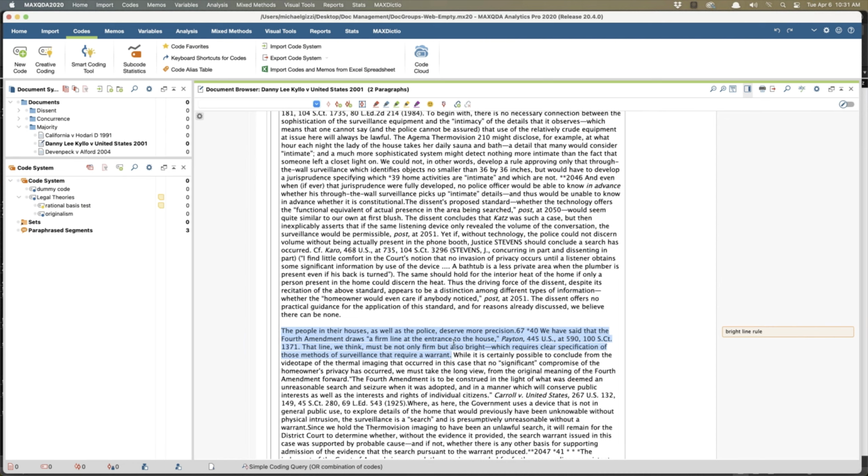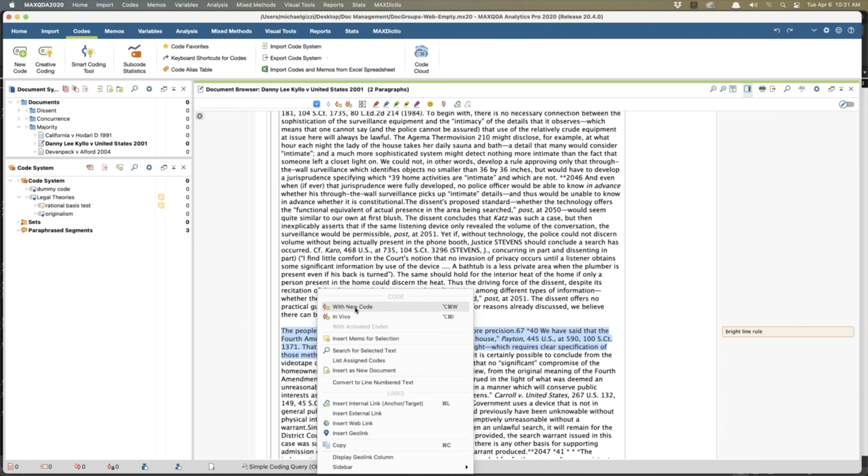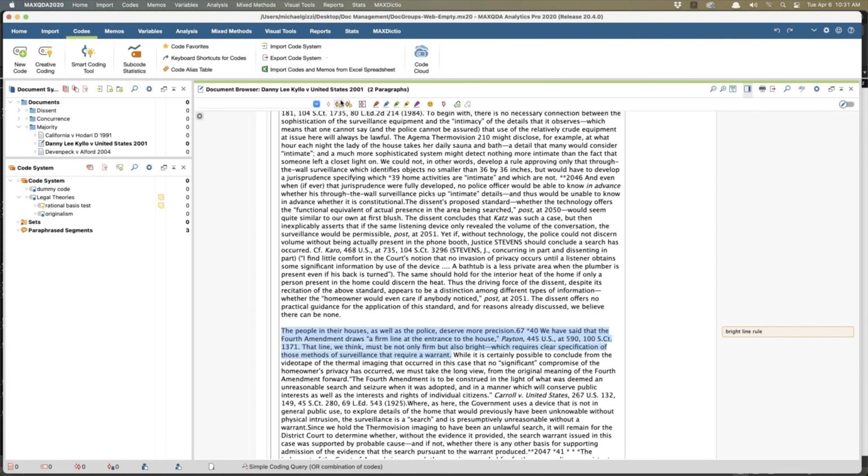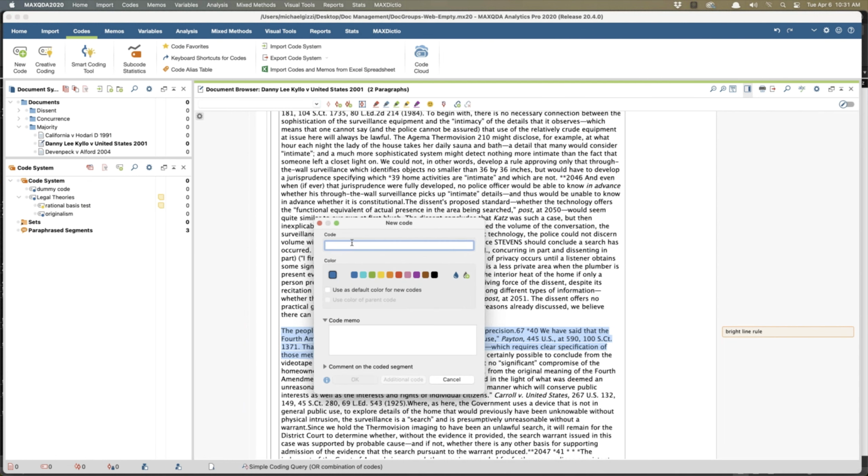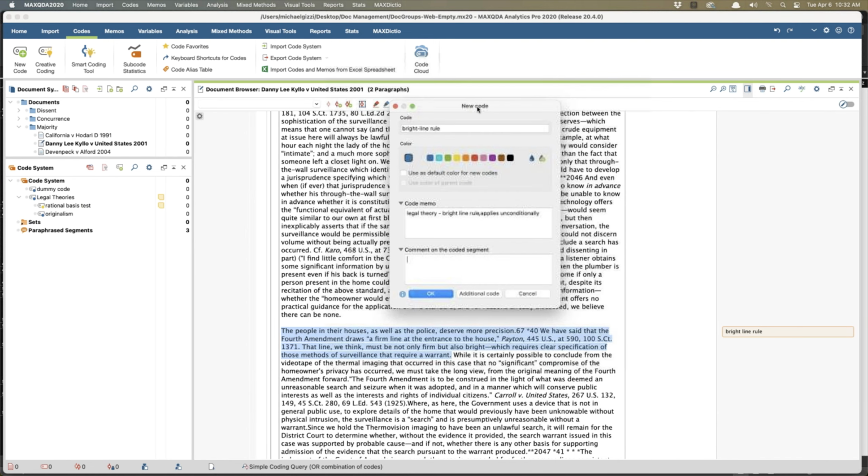This text here establishes what we call a bright line rule right there. I highlight it, I can right click it and say new code, or I can use this and say new code. I can also add a comment on that code.